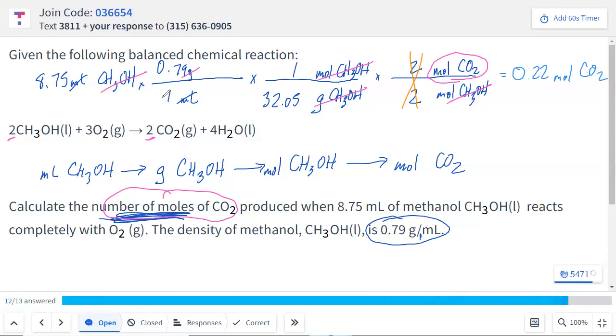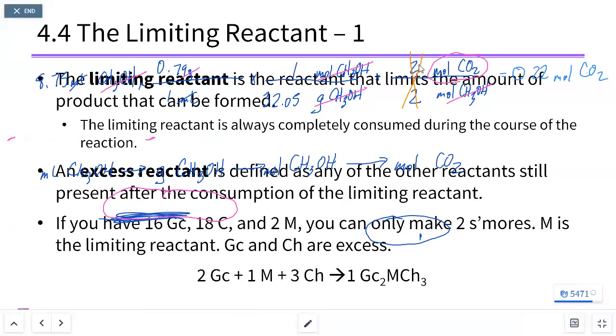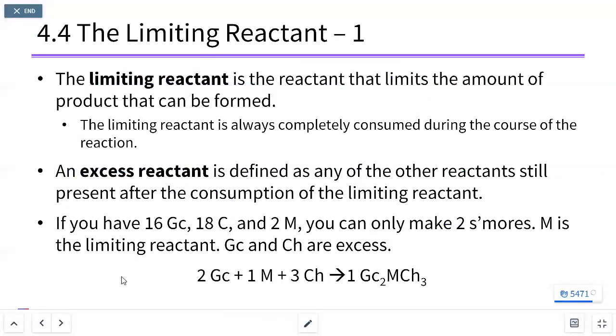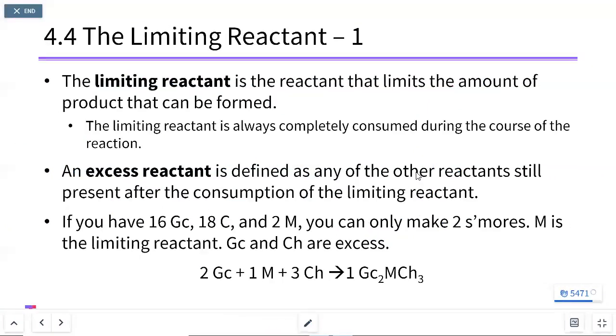All right, any questions with this example before we move on to limiting reactants? All right, so